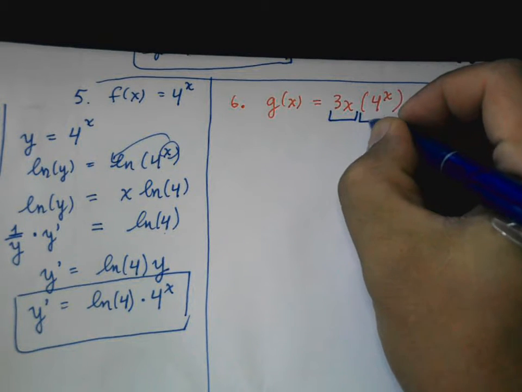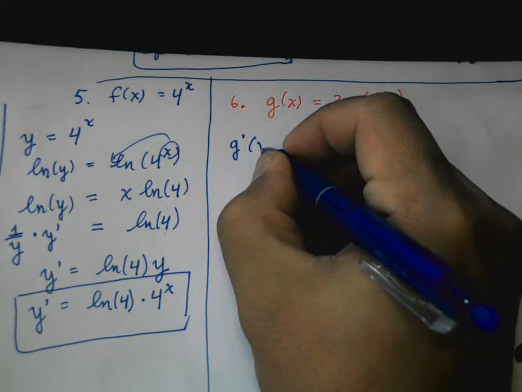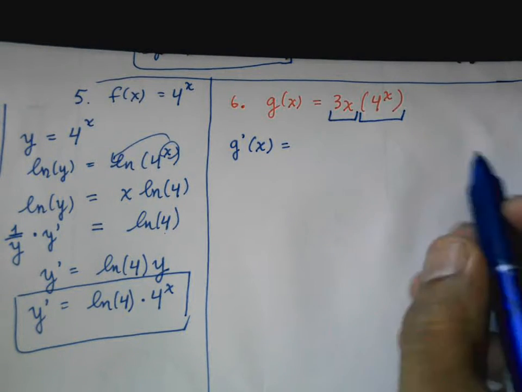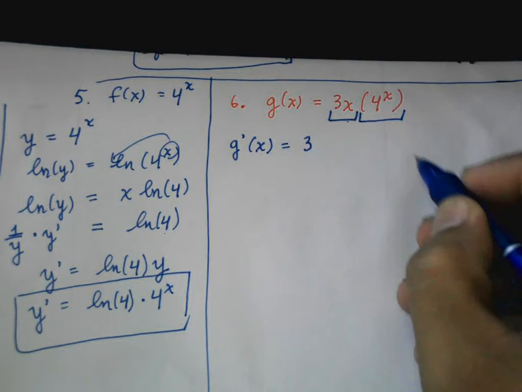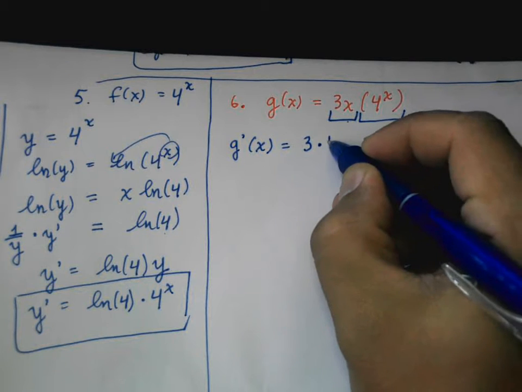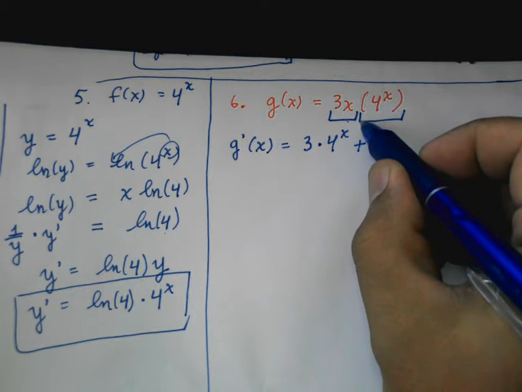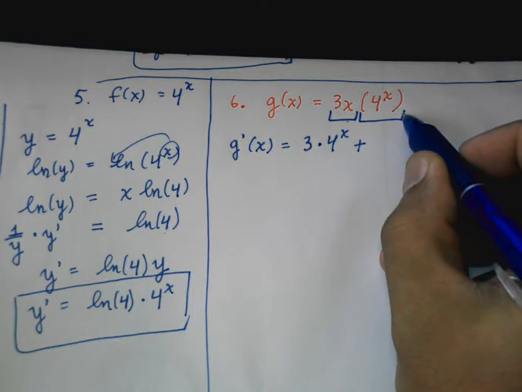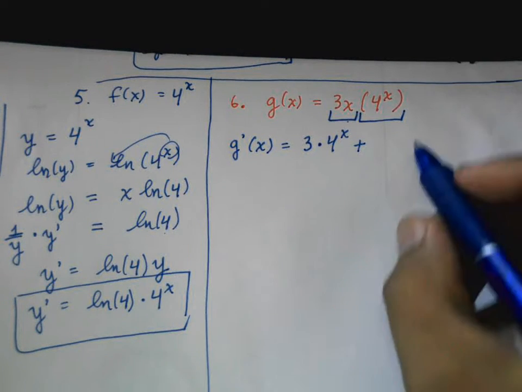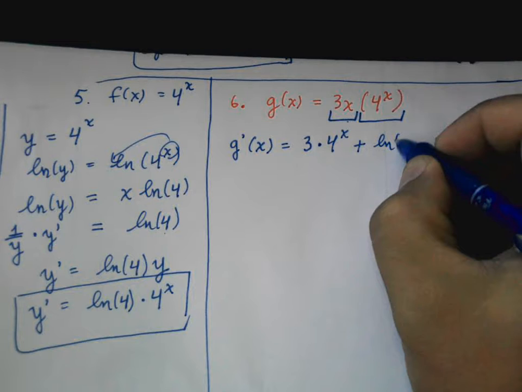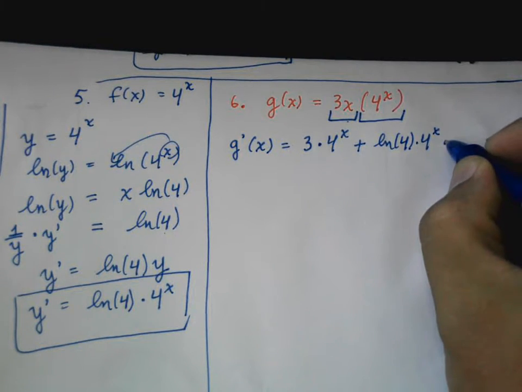We have 3x times 4 to the x. So those are our two products. So that means the derivative is the derivative of the first factor, which is just 3, times the second factor, so that's 4 to the x, plus the derivative of the second factor, 4 to the x. Well, this would seem difficult, except we figured it out already. So this is natural log of 4 times 4 to the x times